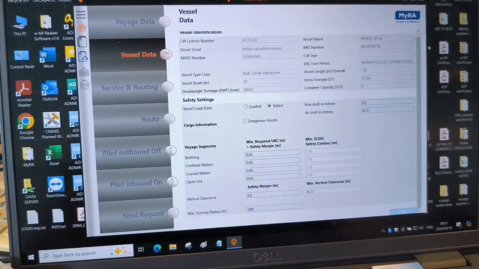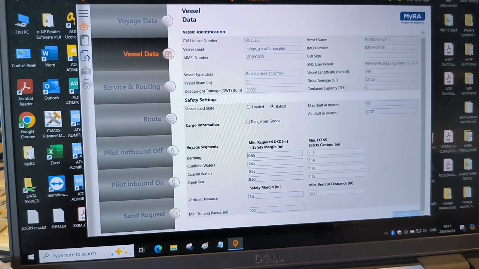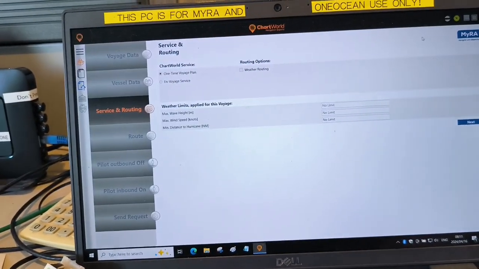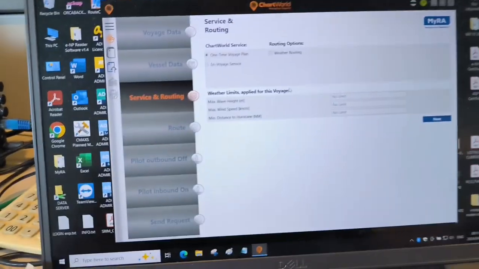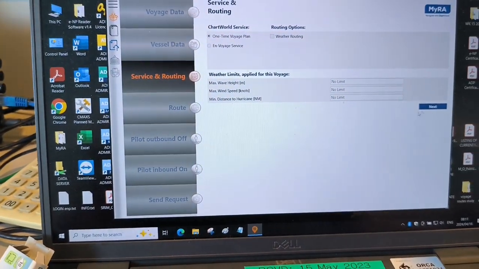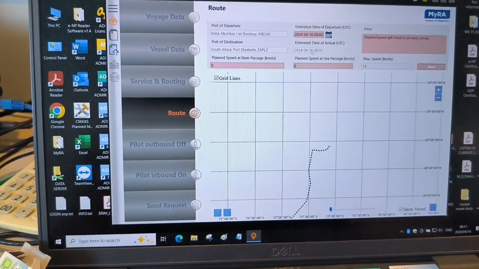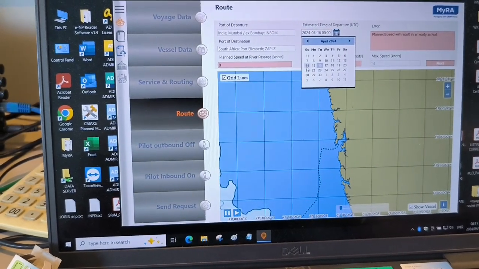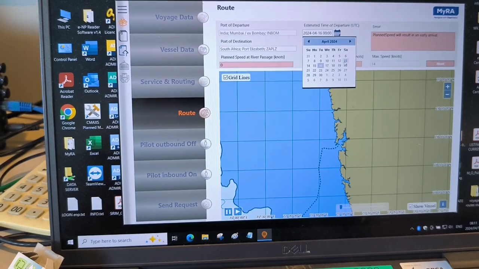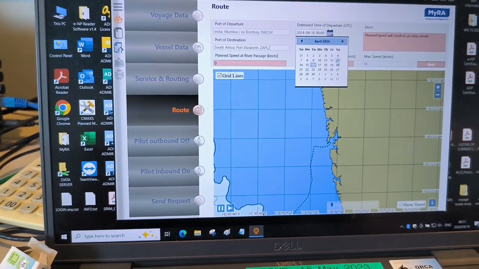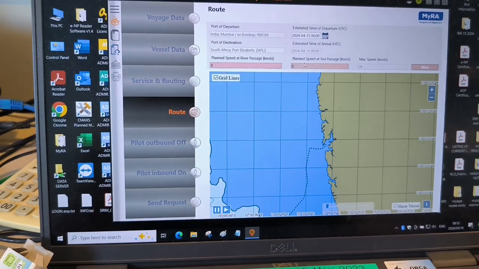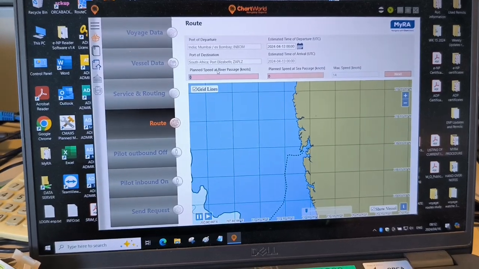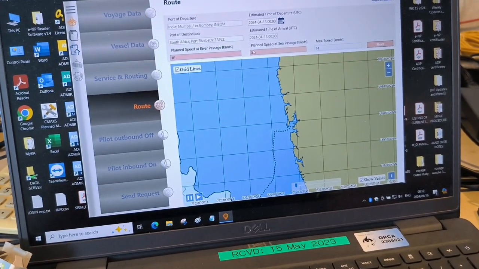The next. One-time voyage plan. Next. Estimated time of departure. Speed river 10 knots.